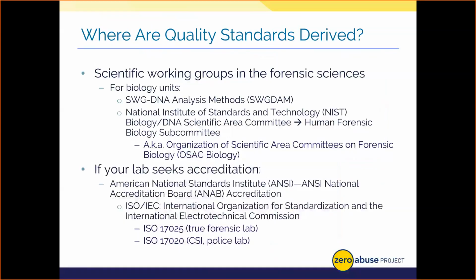All right, now on to this slide, right? I jumped the gun a little bit. So where do we get our quality standards? Well, you can see some of the organizations here. Our standards for what methods to use and best practices entail, including the lab space and the equipment considerations. Those come from federally designated working groups with leaders in the field of forensics. Each forensic unit, in fact, has its own scientific area committee aggregated under the National Institute of Standards and Technology's Organization of Scientific Area Committees, or OSAC. Now, not included under OSAC, when we're talking about DNA and biological units, is the previously mentioned SWGDAM group.